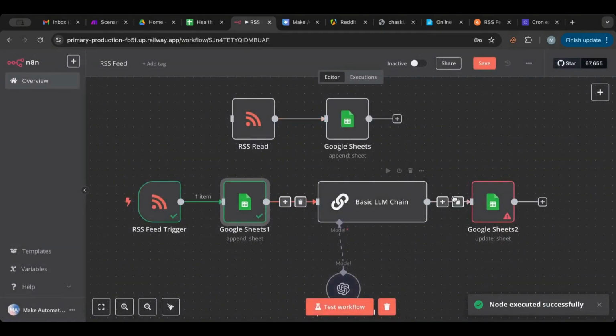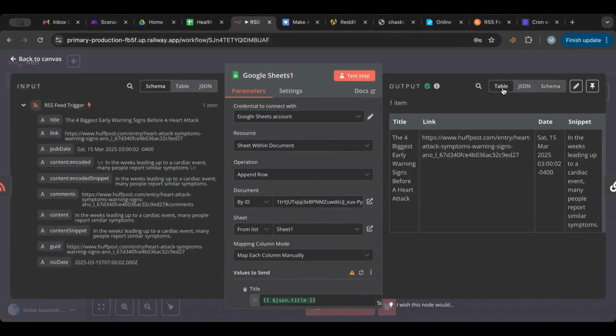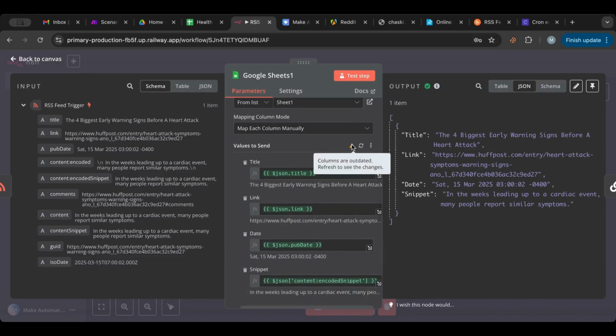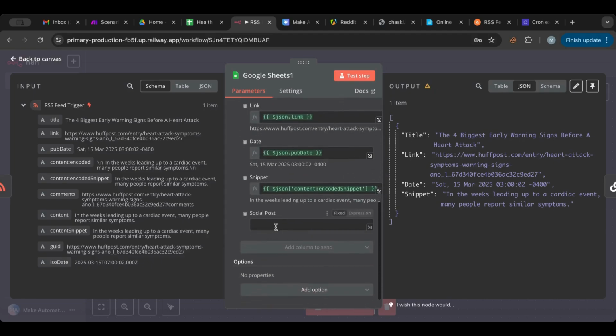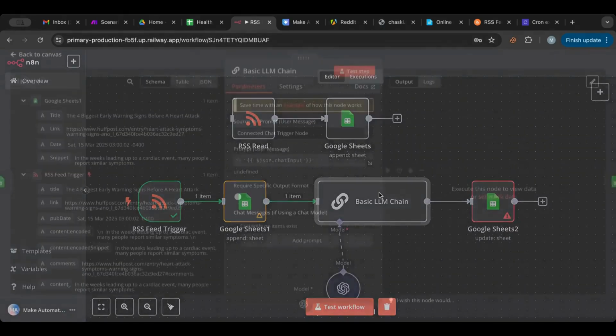So now that it's added, as you can see, it gave us what it added in here. Yeah, I need to refresh because we added a new row. Now the new row is shown. And here you can say,